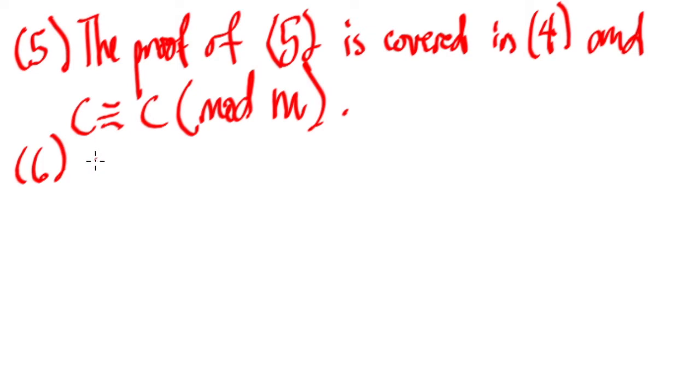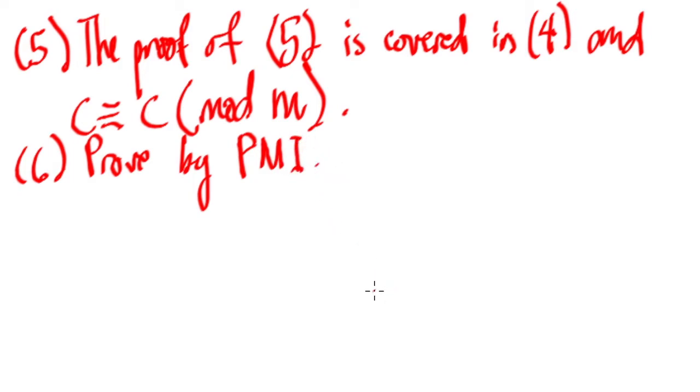So we're going to prove this by induction, or if you want, by PMI. So the statement certainly holds for k equals 1. For the basic step, or basic step in some books,